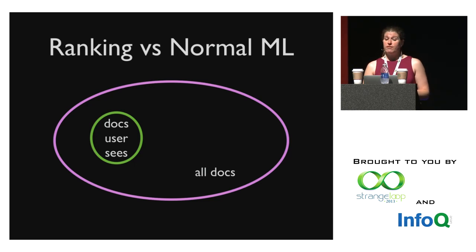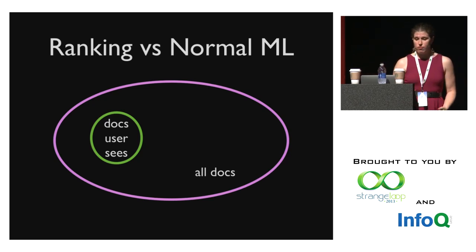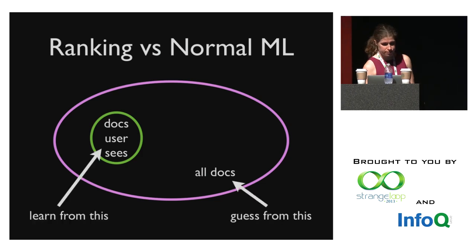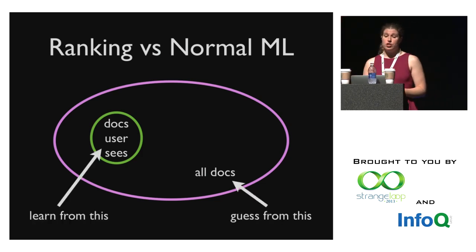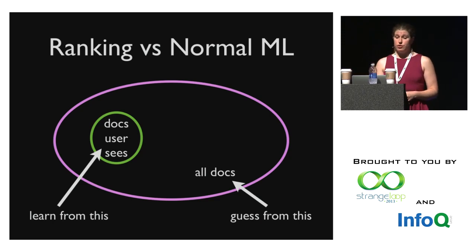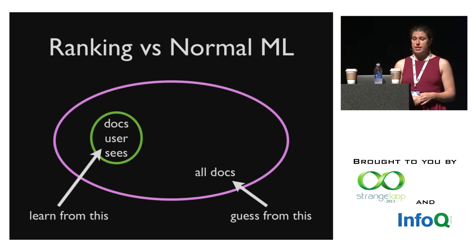What this means is that the 50 documents that we are looking at are the ones that we already had reason to think are pretty good, because they were the 50 highest ranked articles for that user by whatever the previous ranker was. This means that we learn from only a small fraction of the documents that were presented to the user. But when we have to guess what to show the user, we guess from the entire collection of documents, and the two look very different. This can lead to pathological behavior, which I will explain with an example that we actually experienced.